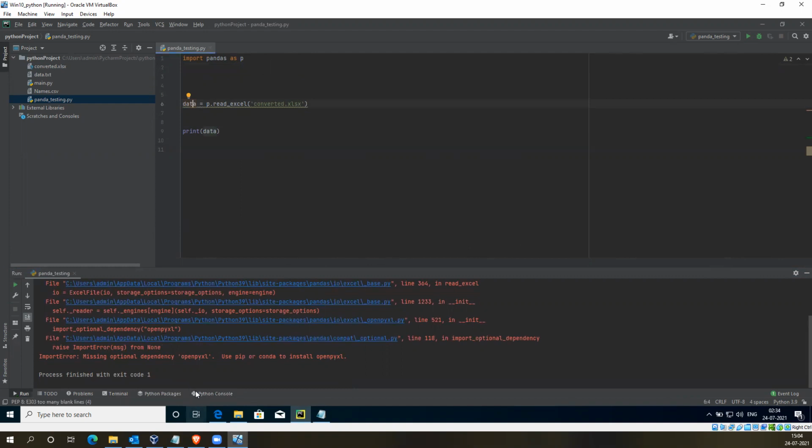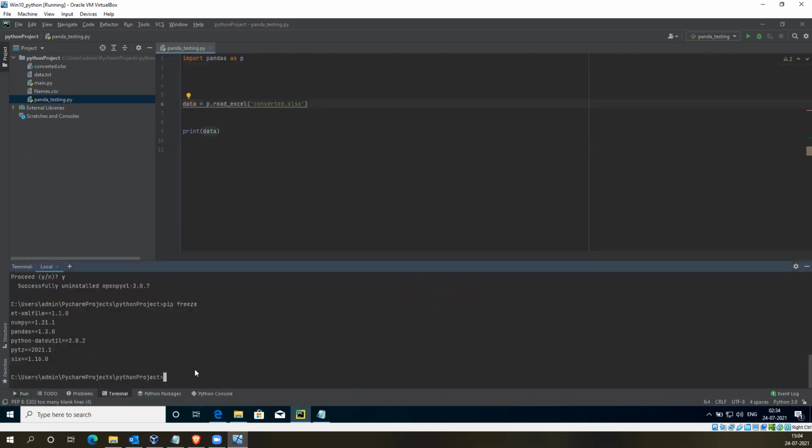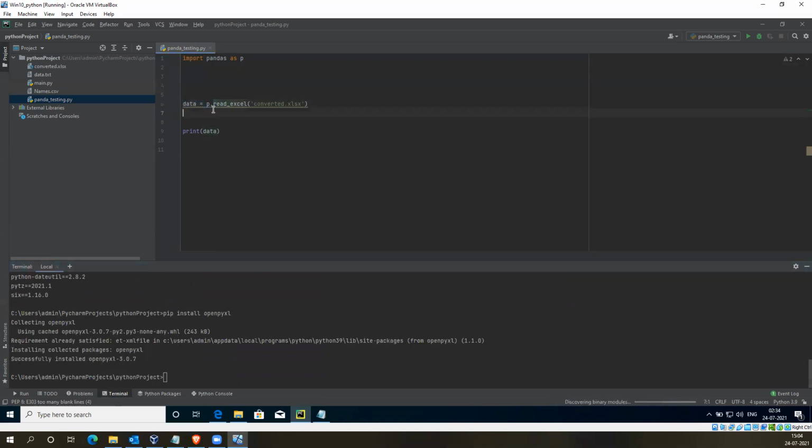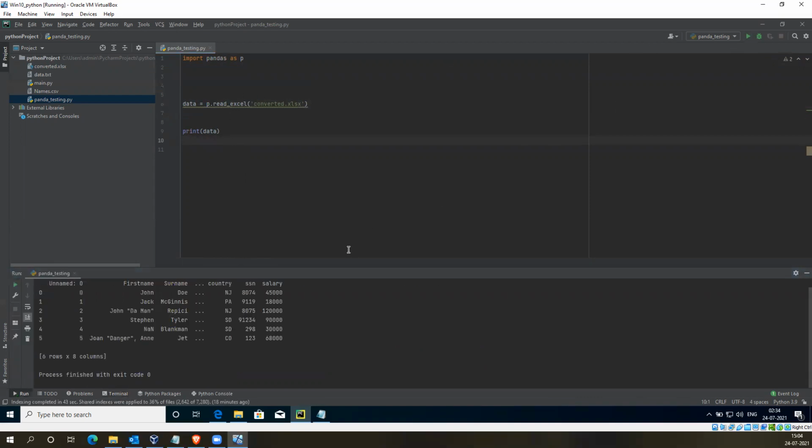Oh, sorry. So you can understand this. Even though we are not directly importing that, for pandas to work with this read Excel function, we need OpenPyXL to be installed. Understood?